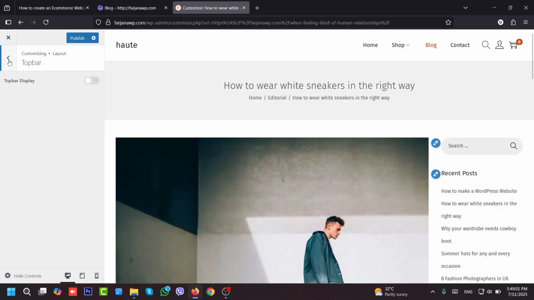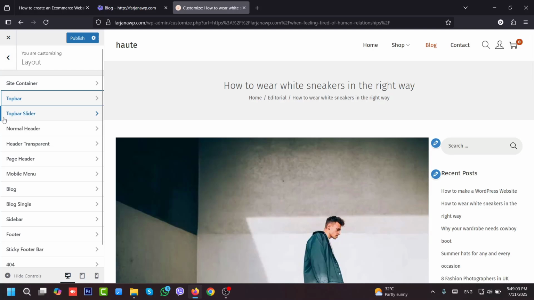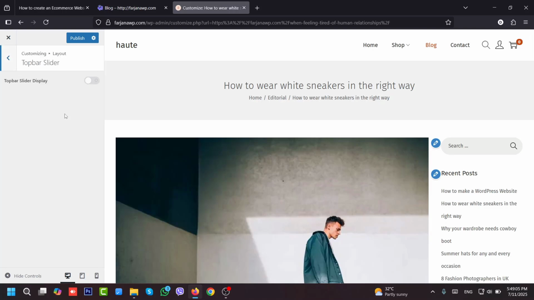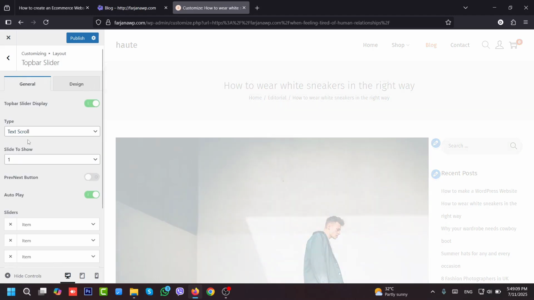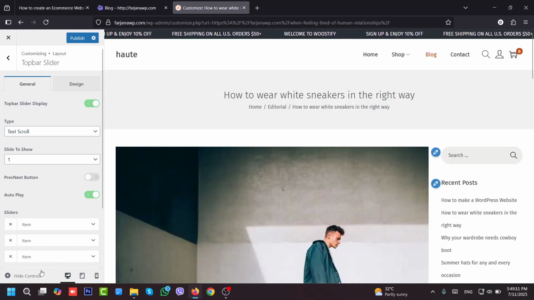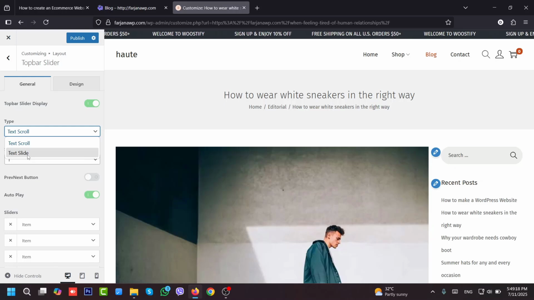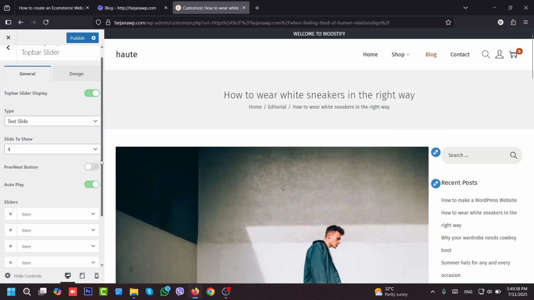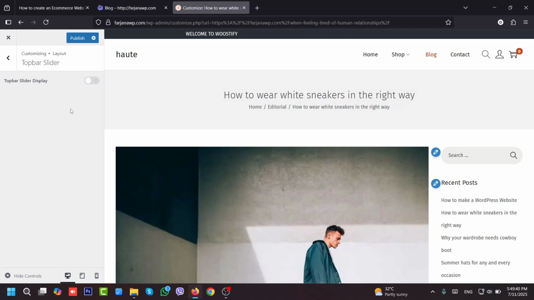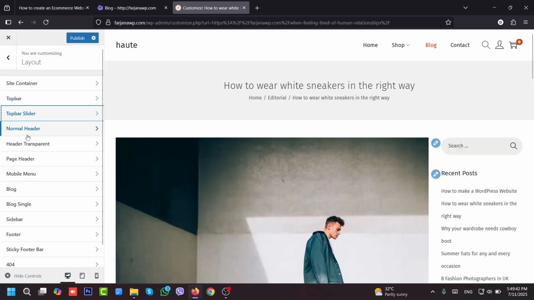Now I'm hiding it and going back. Now here is the top bar slider. So instead of this, if you'd like to add the top bar slider, we can also do that. Here is some text. You see it's scrolling, text scroll effect, and you can also add the text slide effect. If I increase the number to show, it's sliding. Alright, I think we don't need these kinds of options for now, so I'm hiding it and going back to